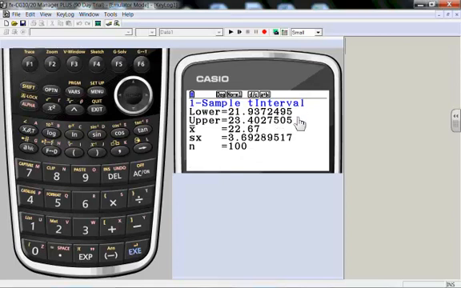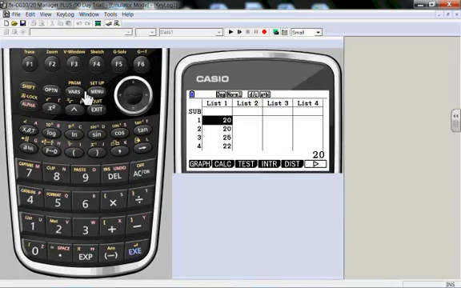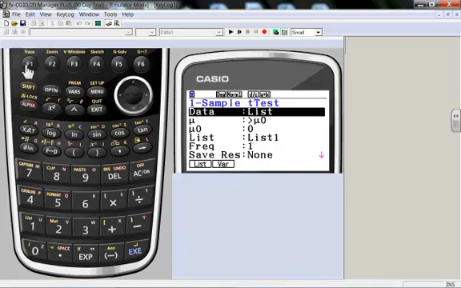Gives me my upper and lower limits of the confidence interval, standard deviation for the sample, and the mean. Is this an unfair coin? Let's do a statistical test on it. We're going to go with a t-test. This is a one sample t-test